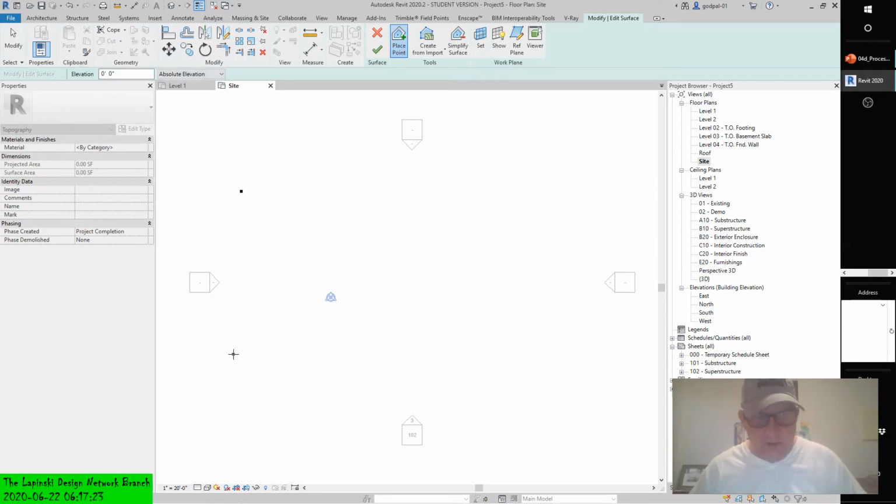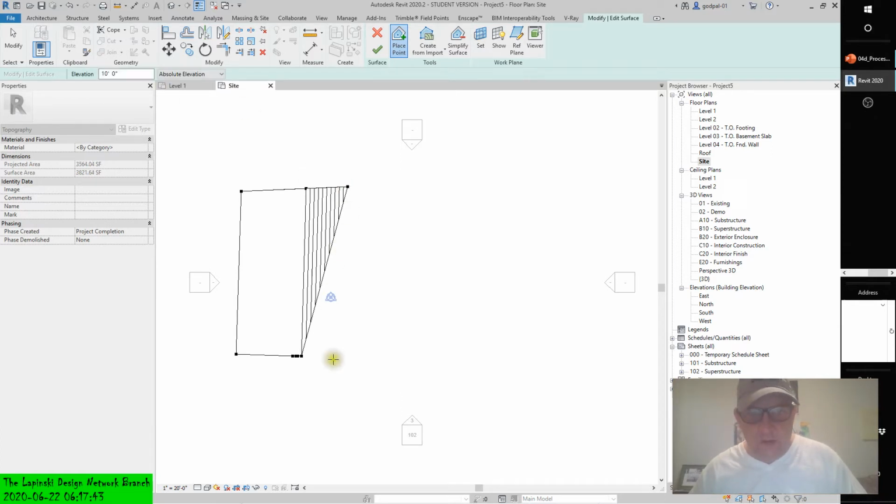I mean, you can see the project base point and the survey point shown in the site plan. Well, that's at 0 elevation. If I continue that along, maintaining 0, a little bit longer, and I move this up to say 10 feet, hit tab. The next point I draw is going to go up on an incline and create a